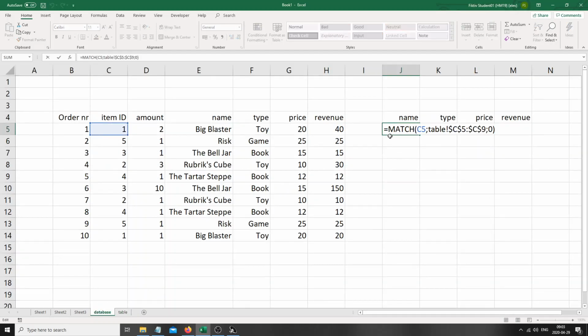Okay. So I've now put that in. We're looking up this value, which we can lock as well to that column, column C. Where in our table? There, and we're always going to look there, so we can lock that table, and we're always looking for exact match, so 0. Then we're going to take an index,